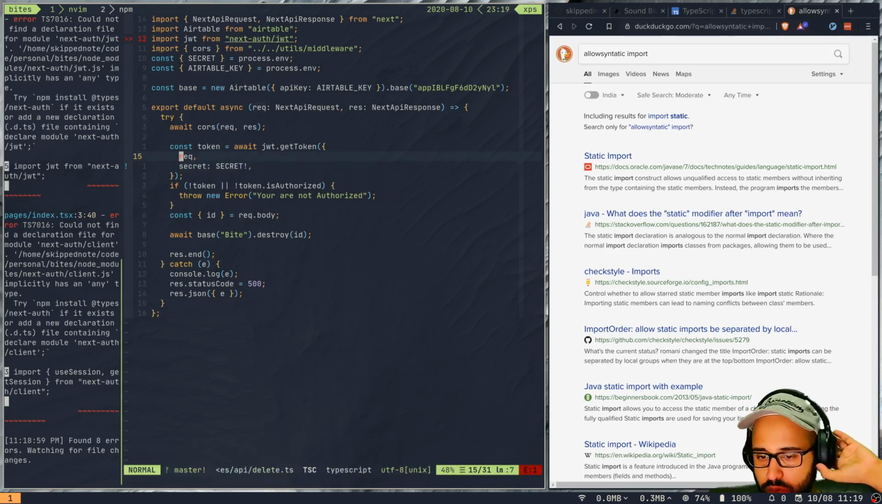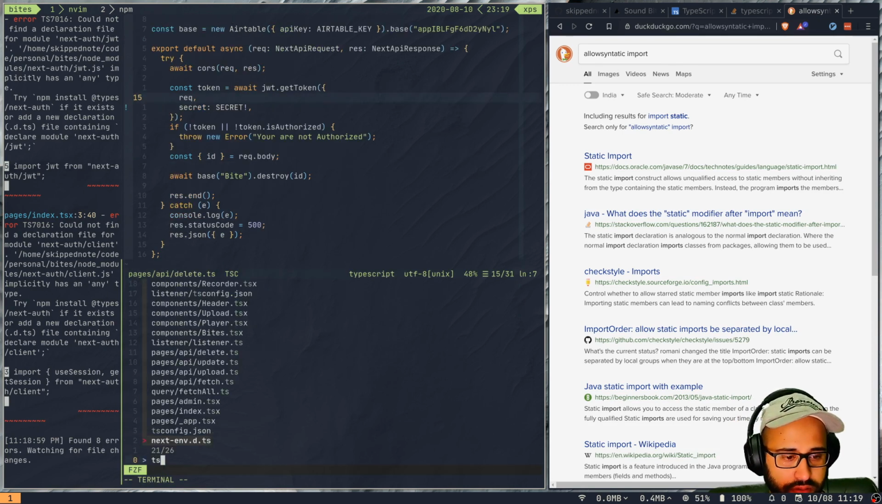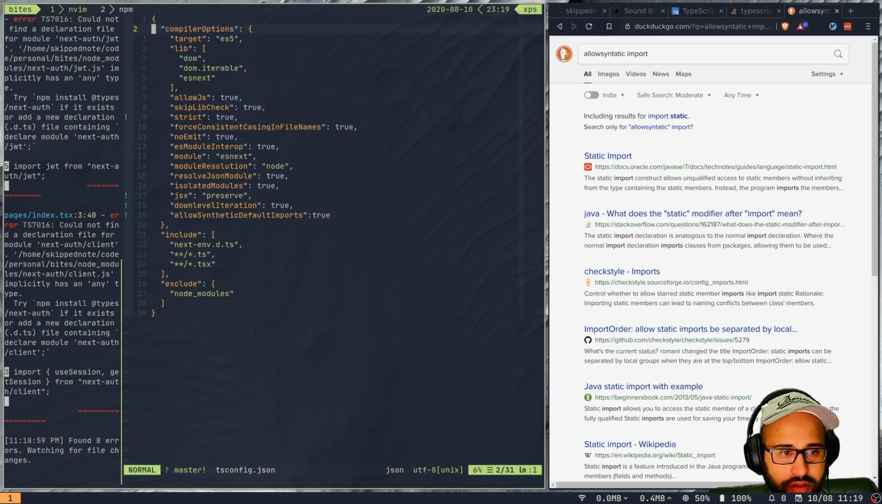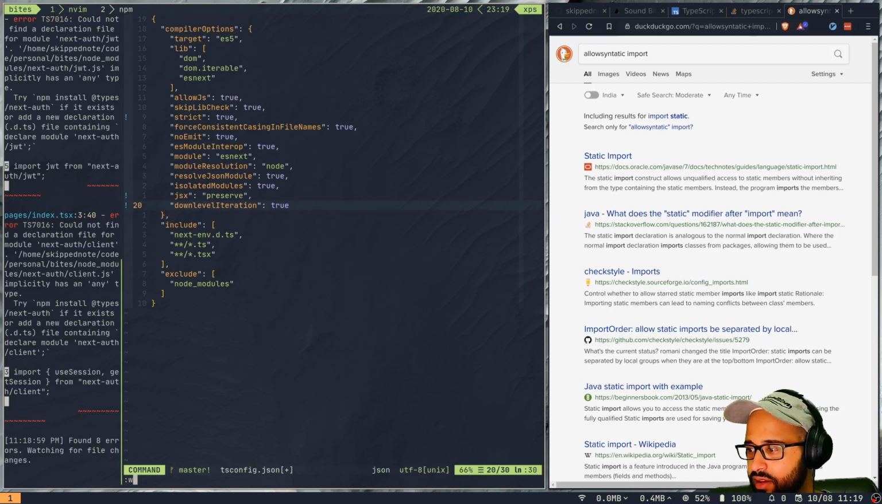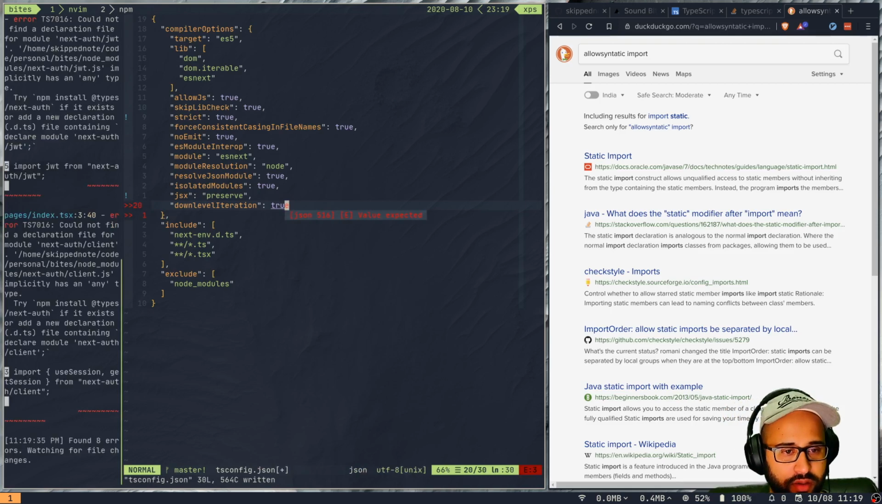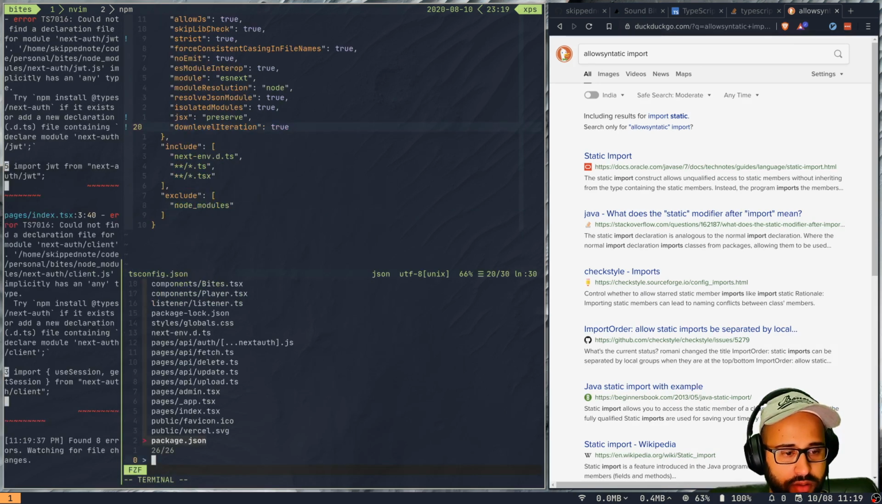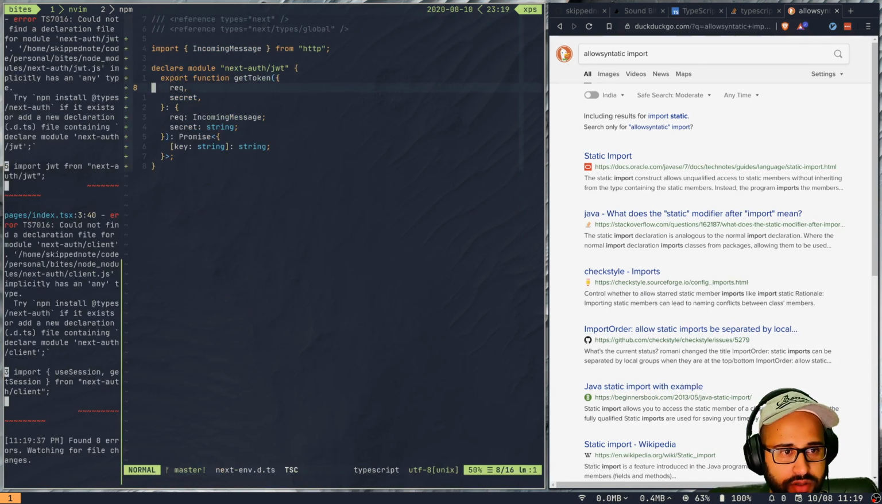Okay, no, doesn't work. All right, that is fine. We did try our best. So I think that should be alright. If I go back to next type definition, just let's do a